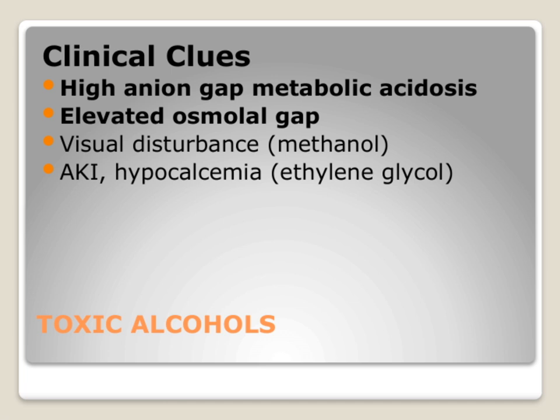Visual disturbances are particularly characteristic of methanol poisoning, often presenting as blurred vision or even blindness in severe cases. This is a distinctive feature that can help differentiate it from other causes of acidosis. In cases involving ethylene glycol, we might see acute kidney injury and hypocalcemia. Ethylene glycol's metabolites can cause renal damage, and the depletion of calcium leads to hypocalcemia, which can manifest as neuromuscular irritability or cardiac issues. Overall, recognizing these clues, metabolic acidosis, osmolar gap, visual symptoms, kidney injury, and electrolyte disturbances are